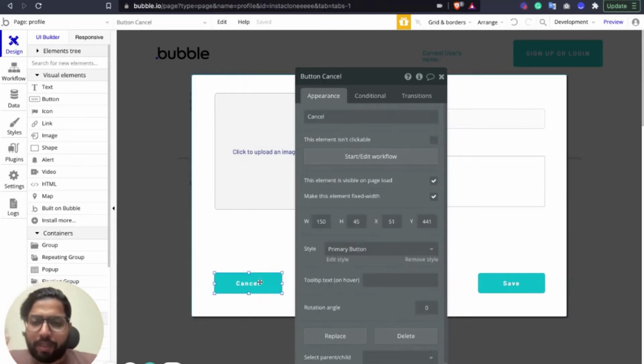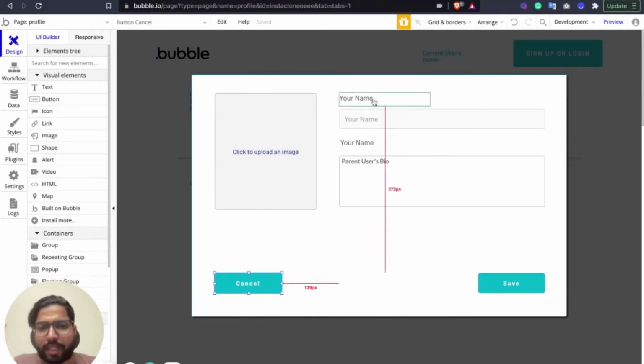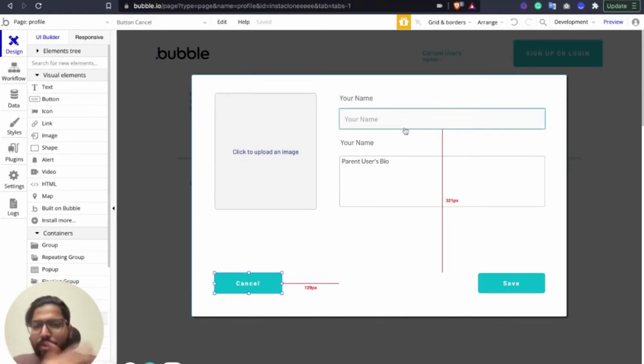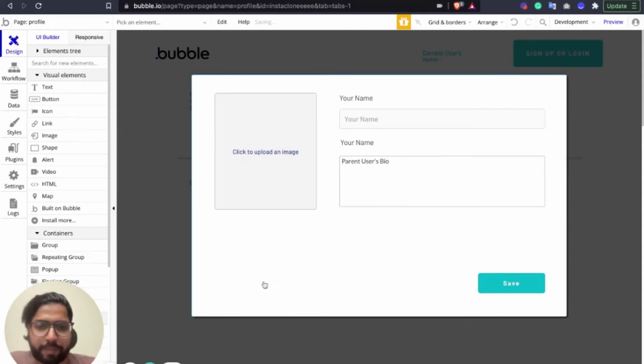Even if the user clicks on the cancel button, it's not going to cancel any information or change anything, because the values have already been changed in the database. It's not a good practice, but since we have already covered how to use an input box and save things, I thought let's use a different method here and test that out.